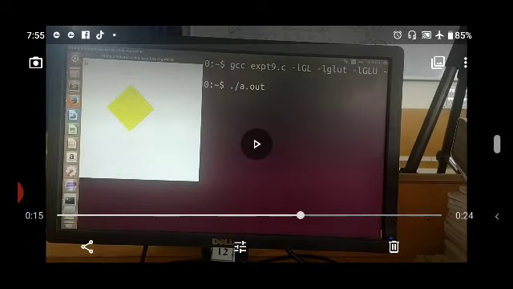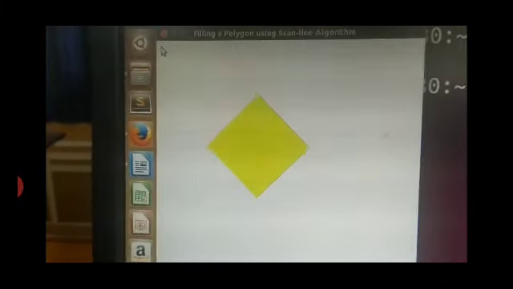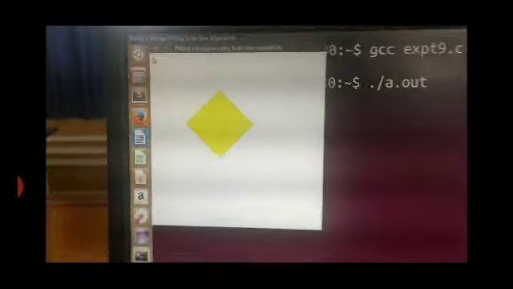Now you can see here you have set the background of the window to white and you have drawn a polygon and it is completely filled with a yellow color, because the fill color you have selected as 110, which is nothing but yellow color. In RGB, red is 1 and green is 1, which means the fill color will be yellow, and the polygon is completely filled, which means the pixels which come inside the polygon are filled with the yellow color. This is how the general scanline polygon fill algorithm works.